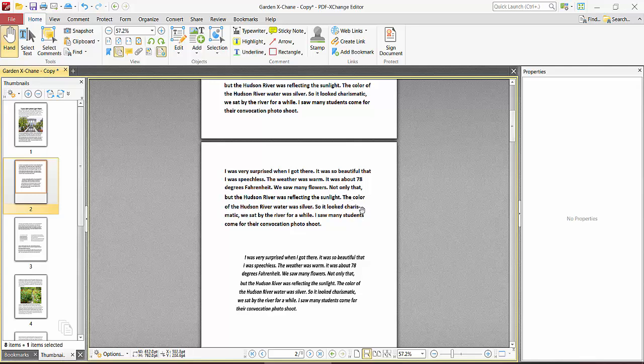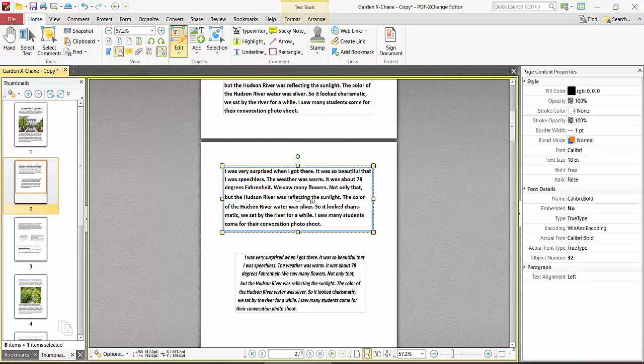Open your PDF file with PDF-XChange Editor. Now click on this Home option, already selected, and select the Edit drop-down arrow and select Text. Now click on this text box and hold. The text box is now selected. Now click on this Format option